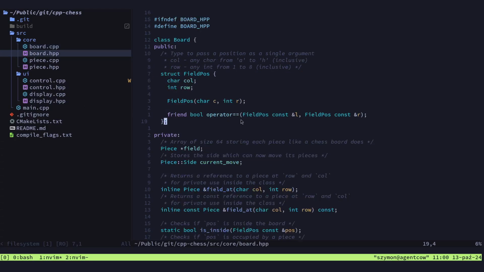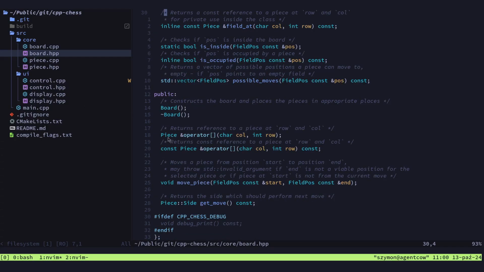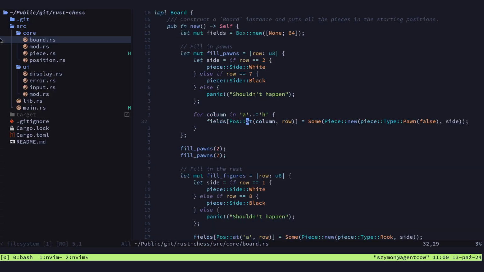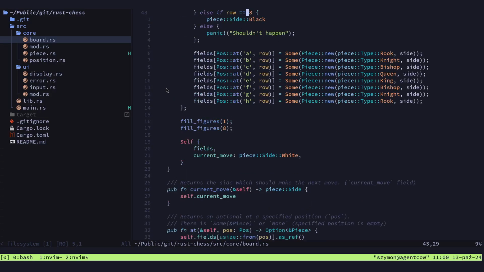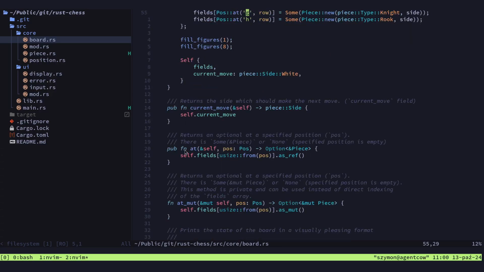And one more thing, on the board in C++, you can easily overload the indexing operator with any type you wish, and I could also do that in Rust. I didn't do it because I didn't need to. I don't actually know why I didn't need to do it. Okay, I do actually have a function which returns the piece at this position,